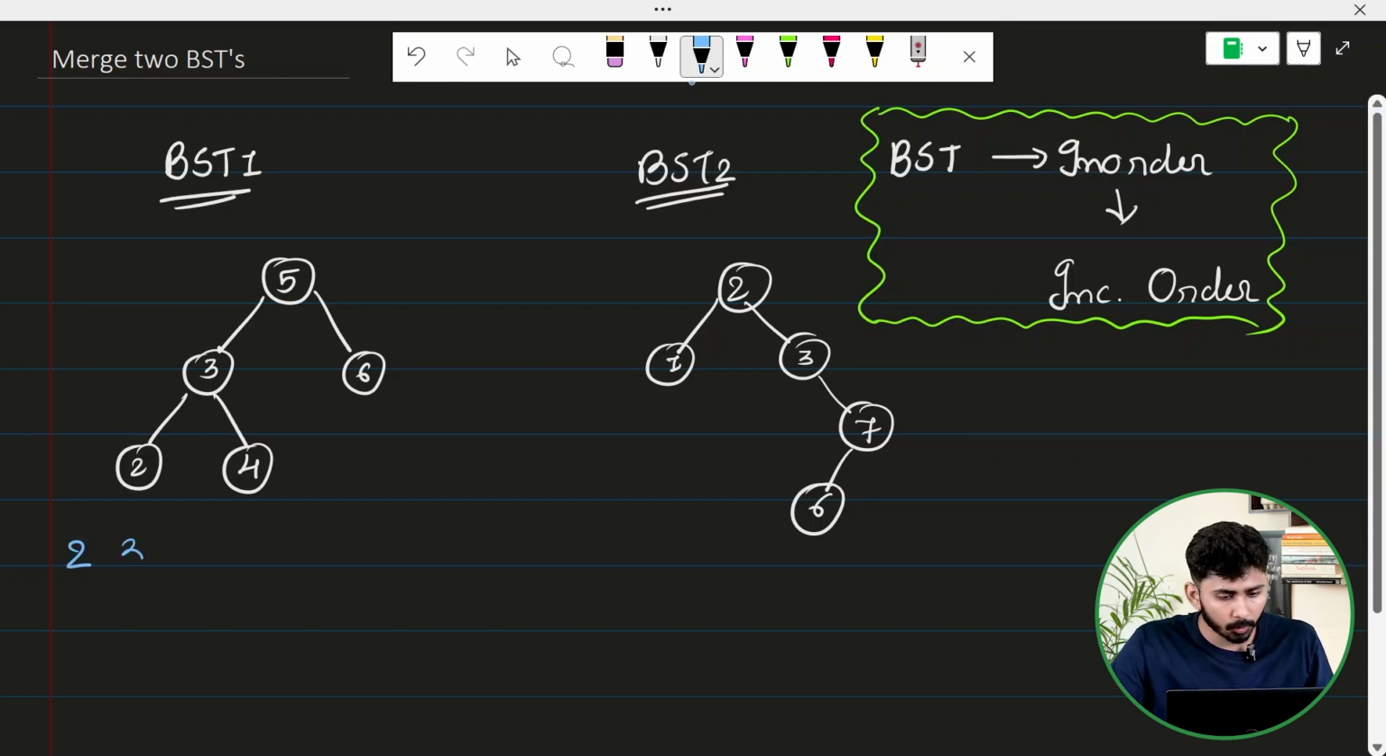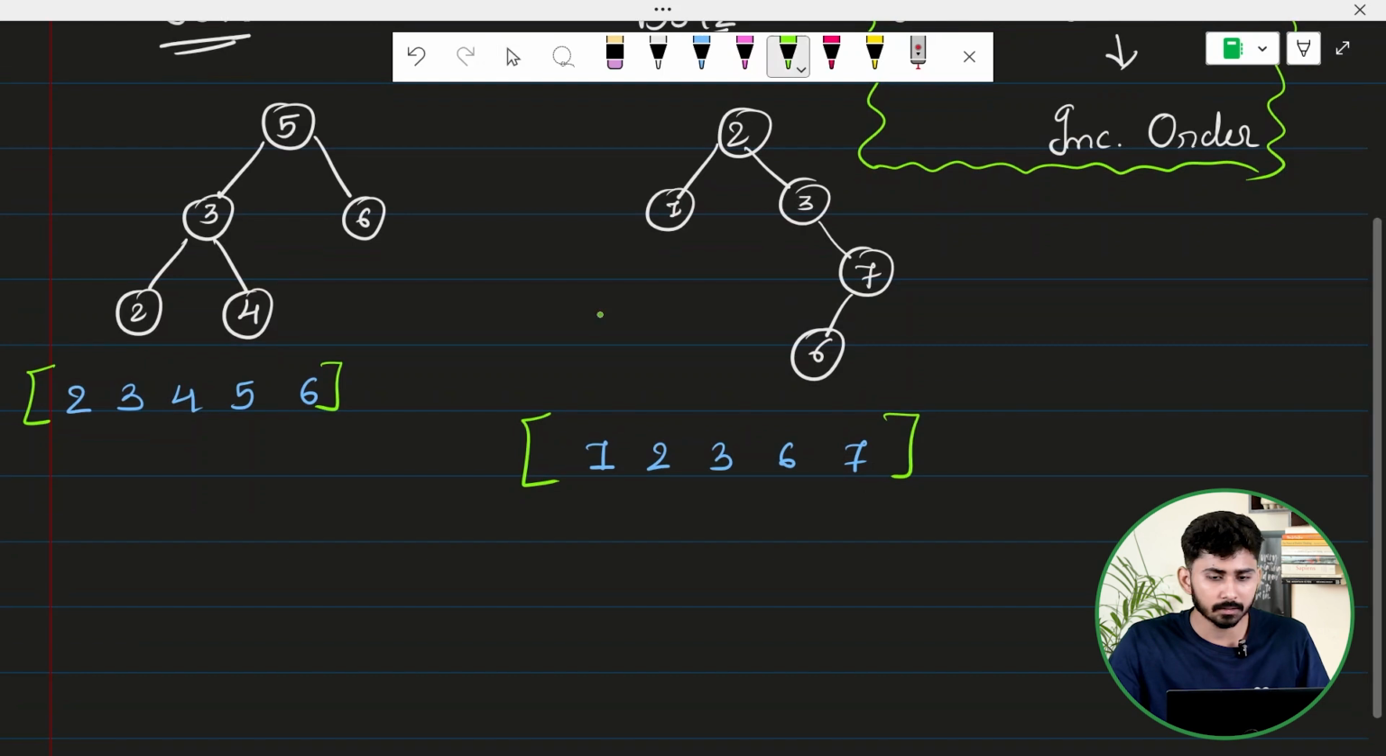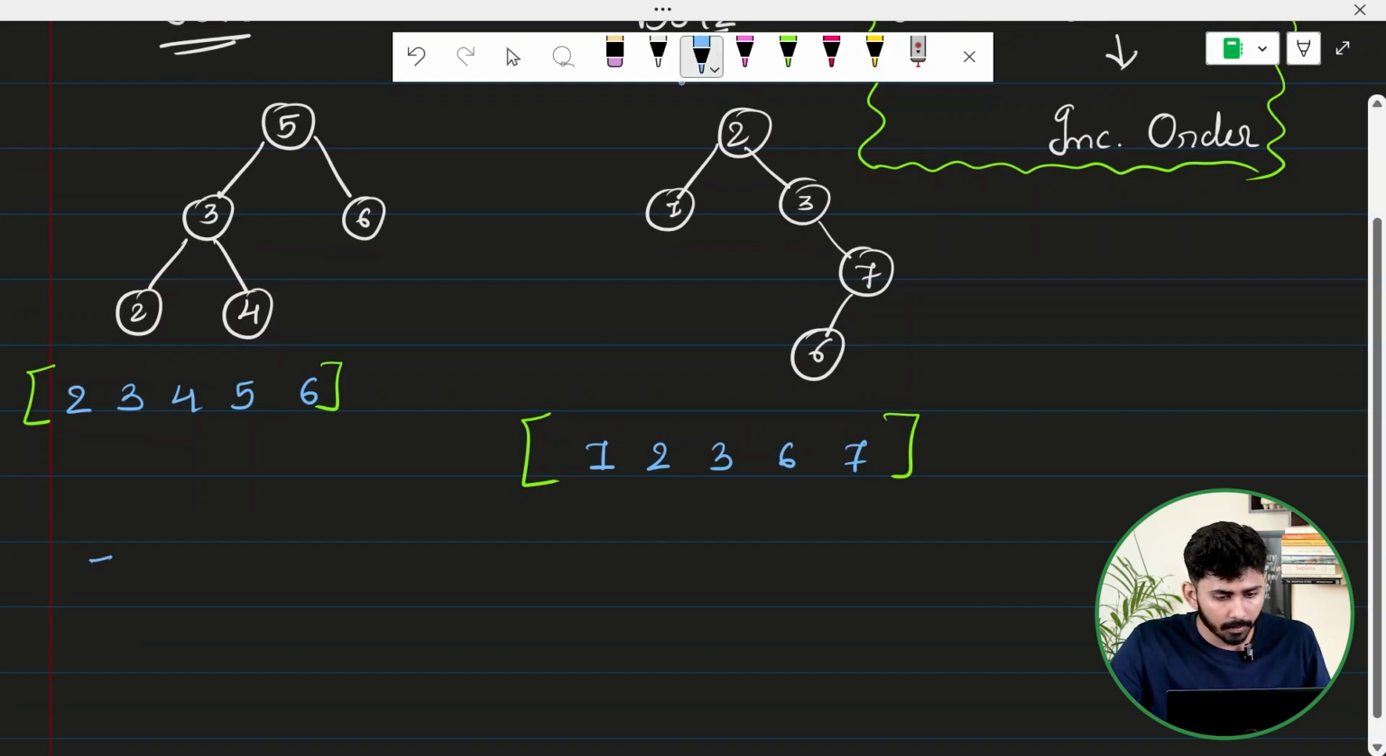So if I find the contents in the in order manner, I'll be getting 2, 3, 4, 5, and 6. And here I'll be getting 1, 2, 3, 6, and 7. These are the contents of both the BSTs. Now I have a list of the elements, right? Now I can merge this list, and if I merge it in sorted form, I will be getting